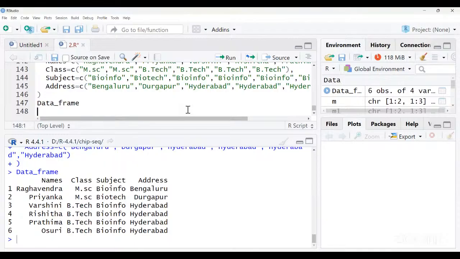I will give you one more homework: prepare a data frame for all your classmates, which will